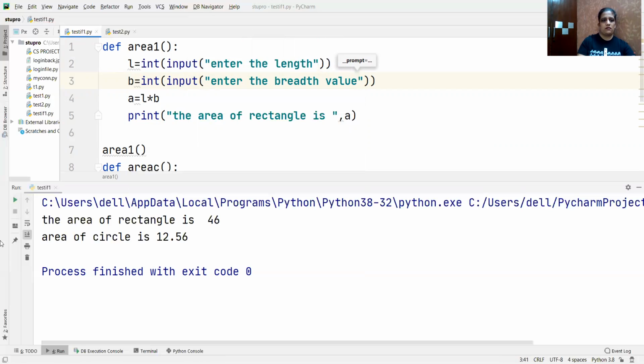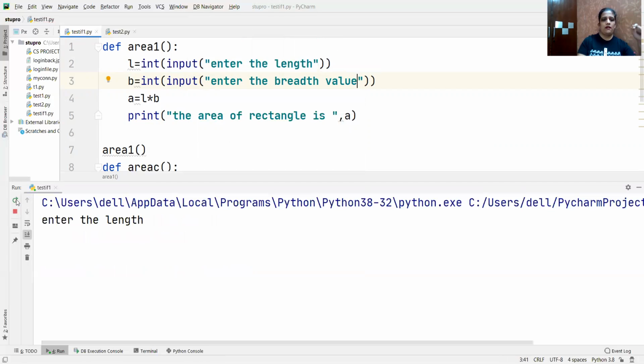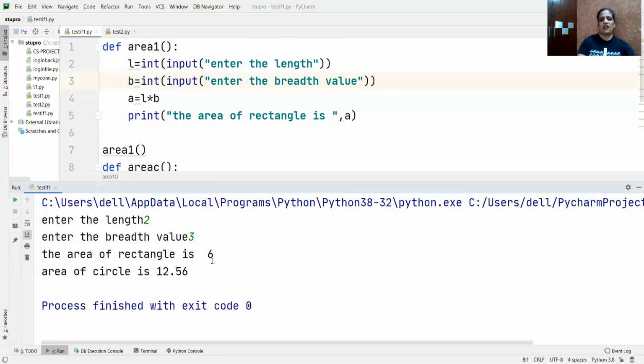Chaliye. Let's execute this. Enter the length. So if I write 2, enter the value 3. So the area of rectangle is 6 and the area of circle is 12.56. Okay, you can take the value from the user in this particular function also. It's not necessary to put the constant value there.